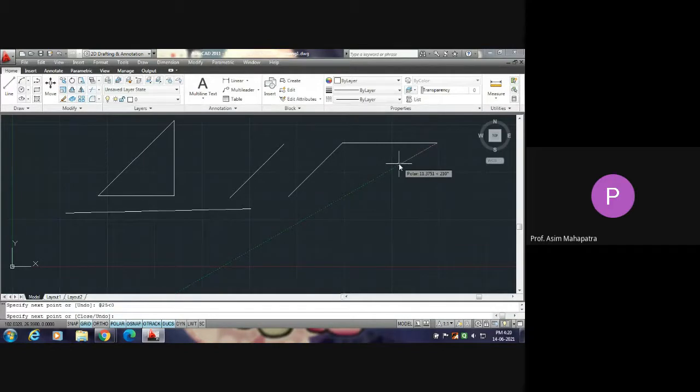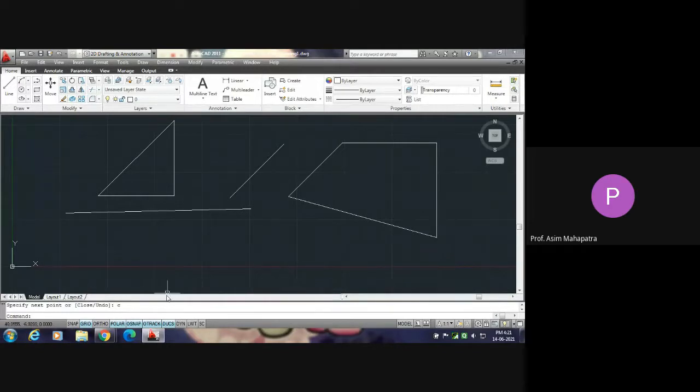Then say I want one vertical line downward. So my input will be the length of the line, say 25 again. So at the rate 25 less than, the angle will be 270 degree. 270, enter. When I want to close it, so C and enter.